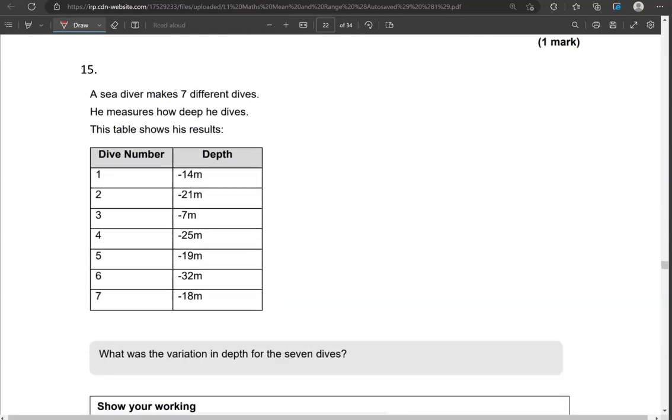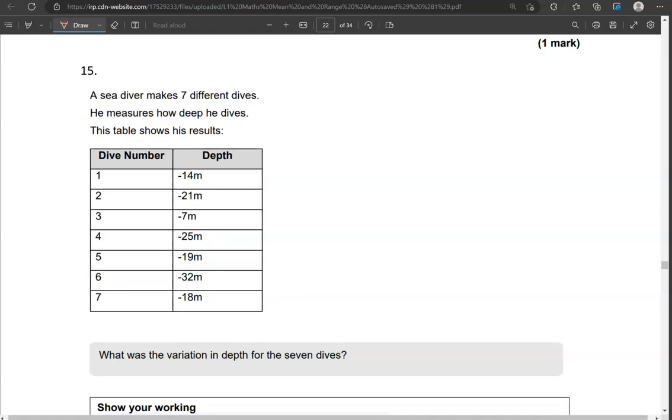A sea diver makes 7 different dives. He measures how deep he dives. This table shows his results. What was the variation in depth for the 7 dives? Variation is another word for range. So how much do the depths vary? So finding the highest and the lowest values,